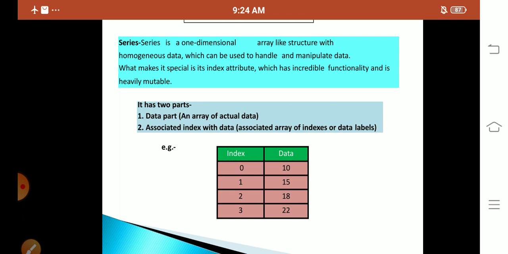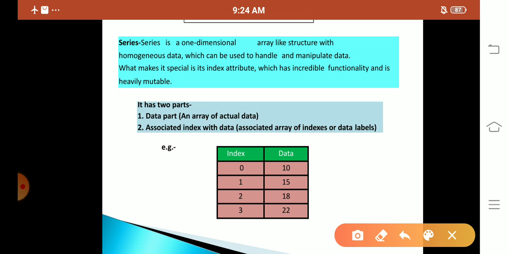It has two parts. First one is your data part, an array of actual data. The actual data will be represented in the data part, and next is your associated index with the data. The place where the data is stored is known as what? Index. So from which index does it start? It starts with the 0 index.